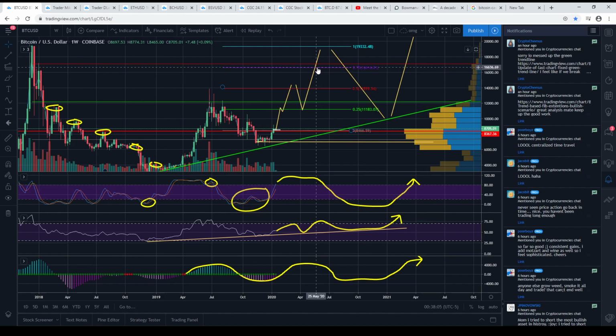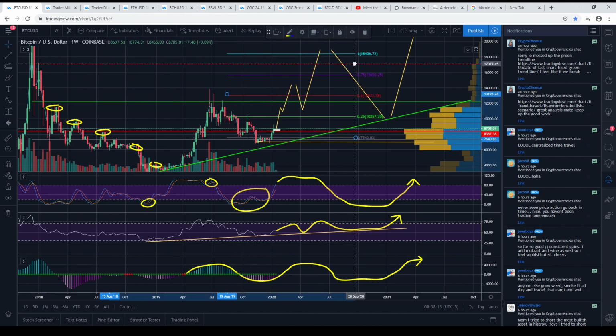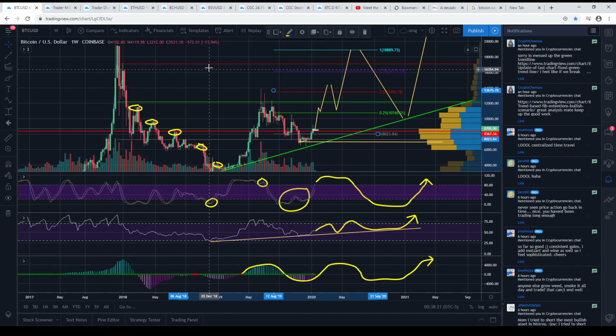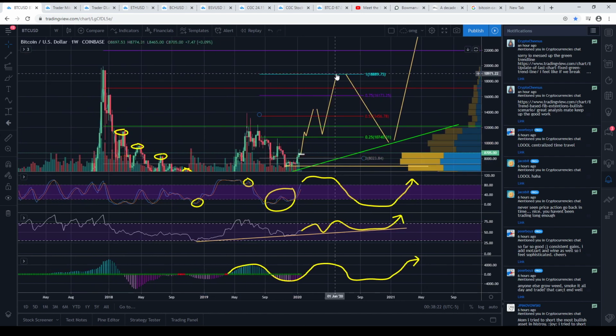We can stop here at 16,600. It's possible that the move will stop at the purple line at the 0.75, and it's also possible that the move is going to go right to its full extension. As with hype in crypto, it could even go a little bit above it, kind of like this one here went a little above where most people expected. But anyway, I think that we're going to go a little above, to be fair, with the excitement.